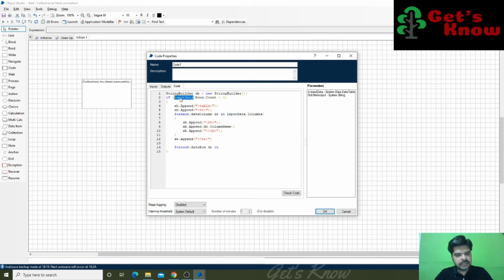This is our collection, InputData.Rows, and open the brace. Here, StringBuilder.Append, we have to start one row, so I am adding one row.